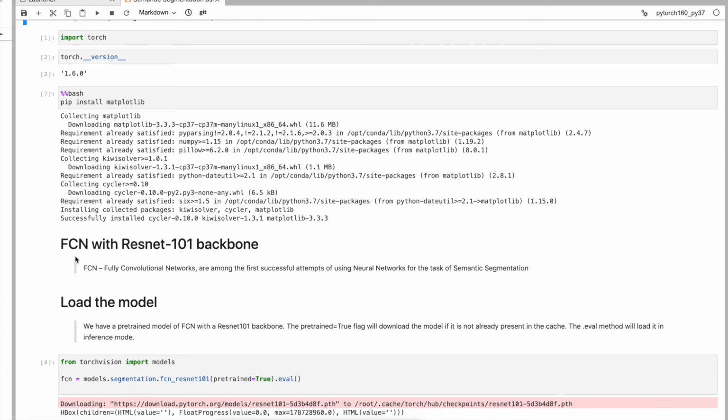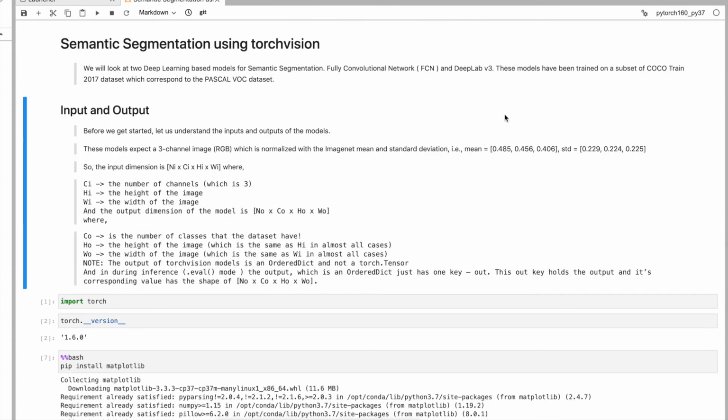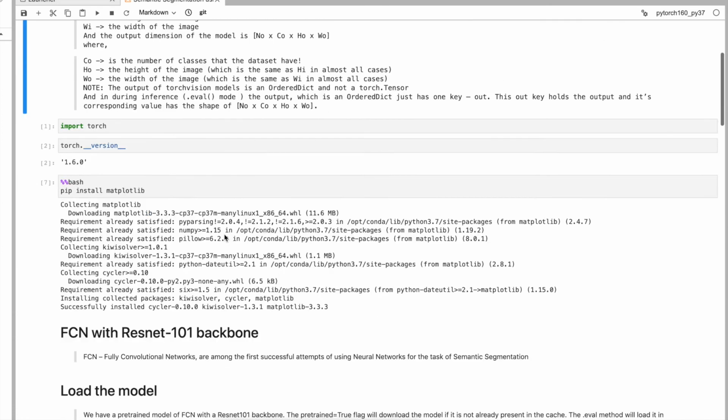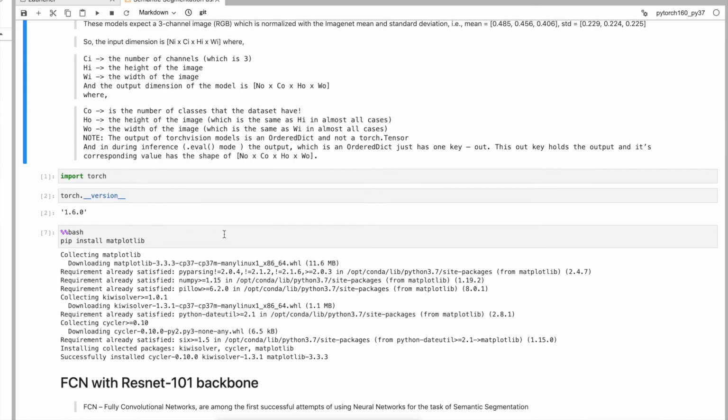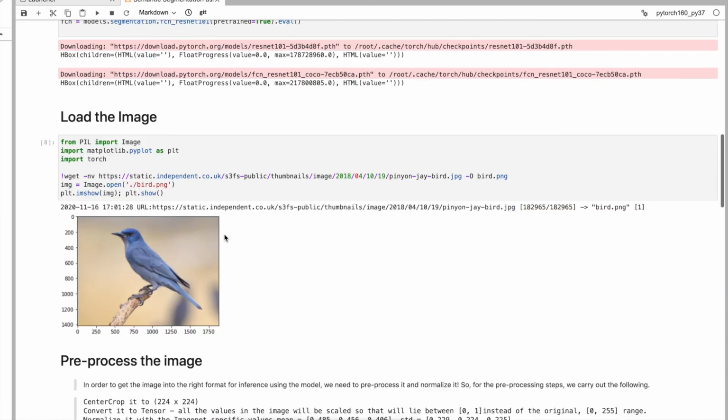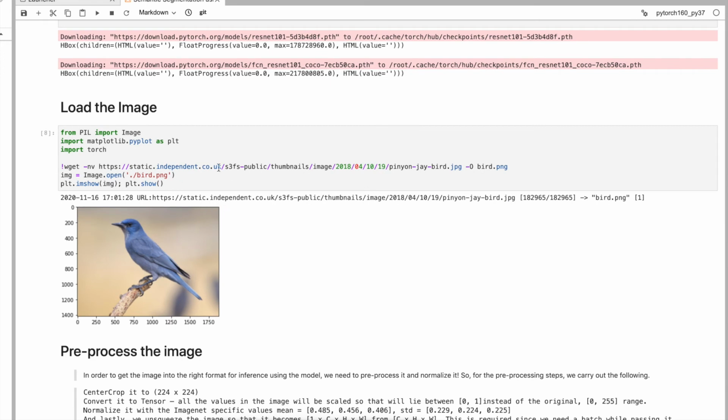So it's an FCN with ResNet. In ResNet, we remove the dense layer and connect a one-by-one convolution there. Using this network, the model is trained on datasets like the VOC dataset and a subset of the COCO dataset, and we just pass the image as input to this model.